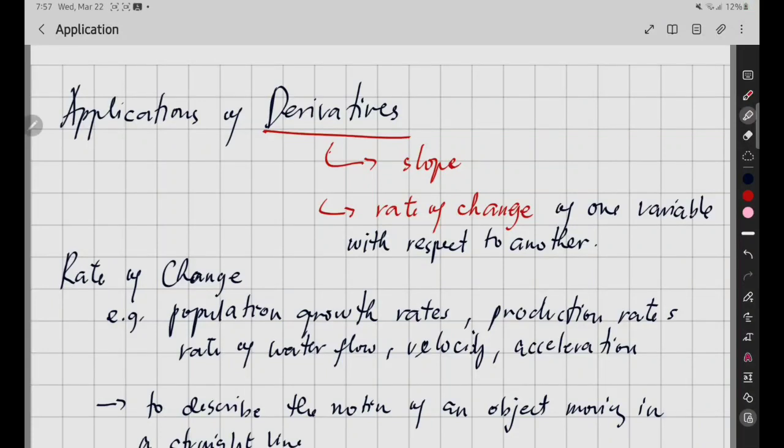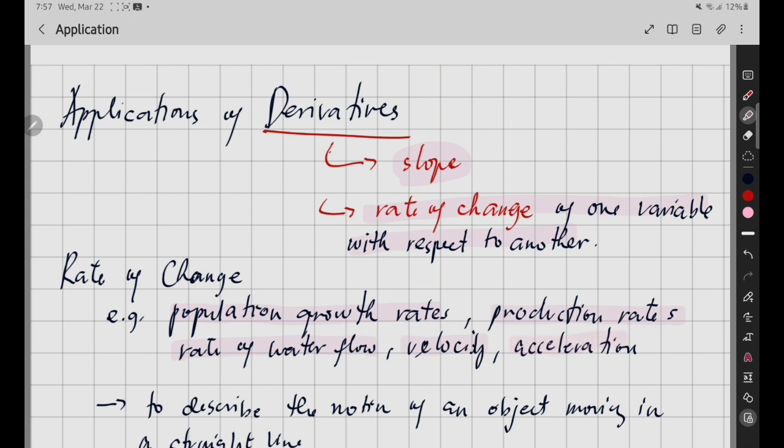Okay, hello. So this will be a short video on the first part of the applications of derivatives. So we already know how to find the derivatives, and we use derivatives to know the slope of the tangent line. But the derivatives are also used to determine the rate of change of one variable with respect to another. Okay, so examples of rate of change, we have population growth rates, production rates, rate of water flow, velocity, and